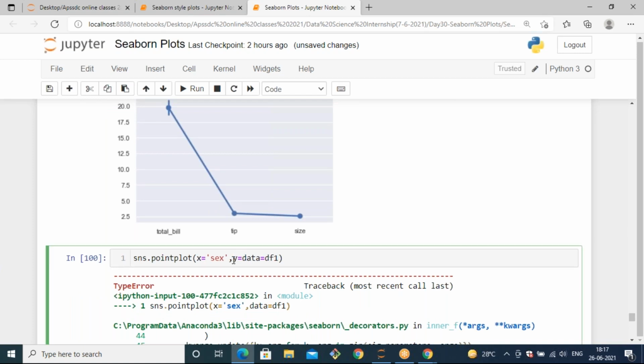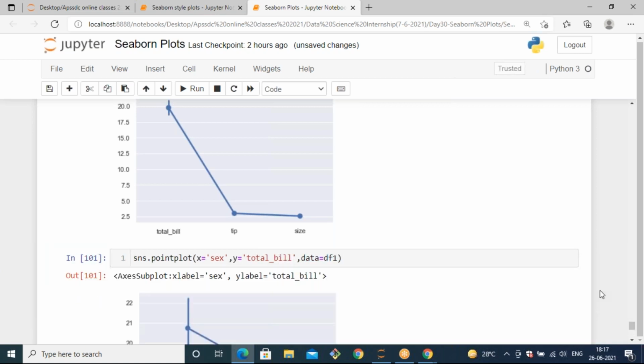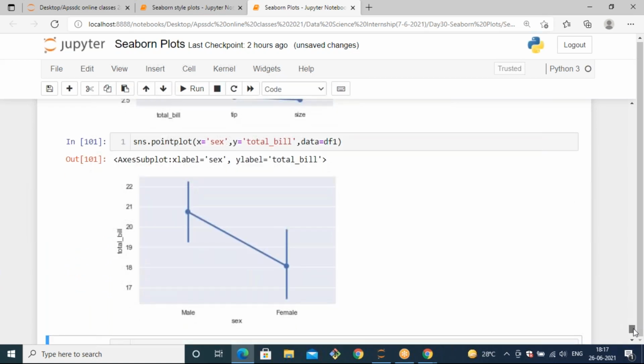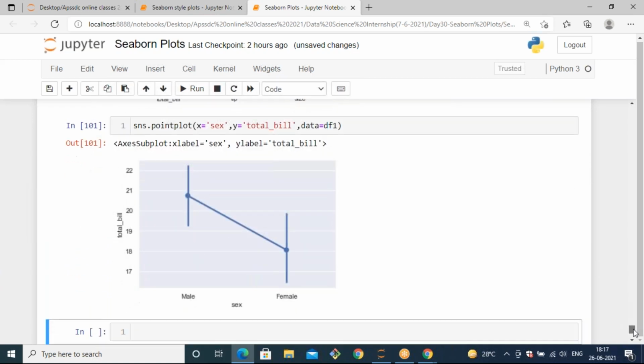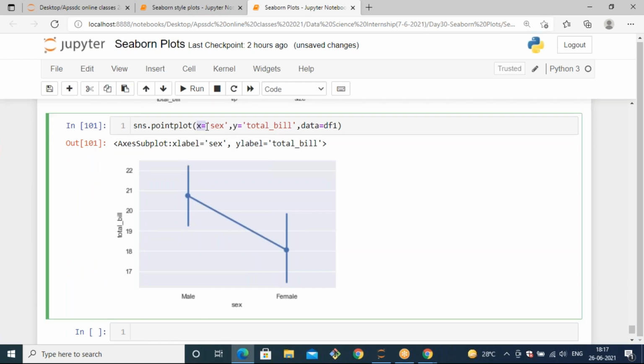If I specify y equals total_bill, based on total_bill it will generate a point plot like this. Here in the x-axis we are passing x equals 6, which might have male and female, and in the y-axis we are passing total bill, and based on the values it will point out.